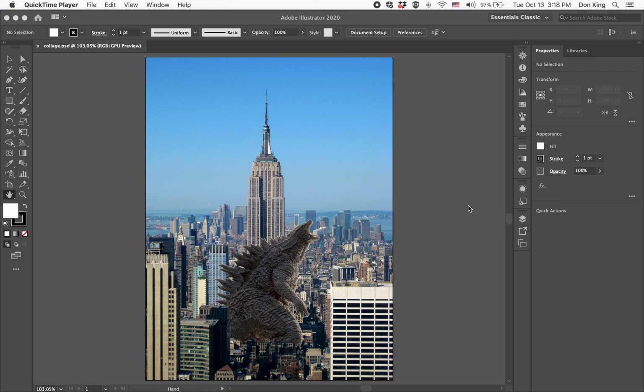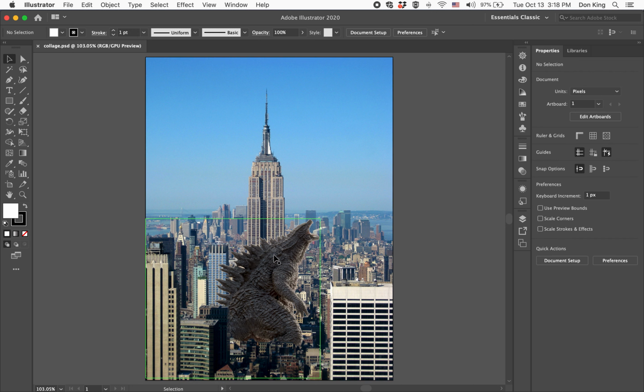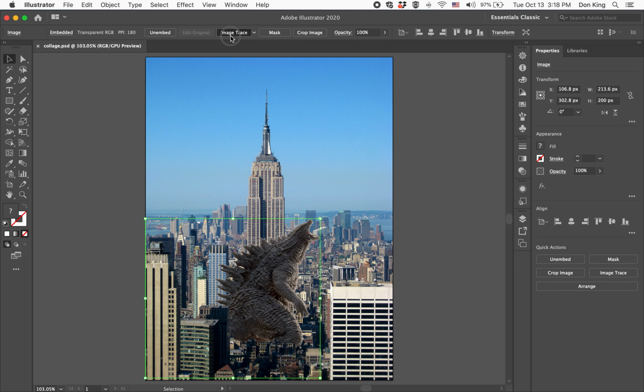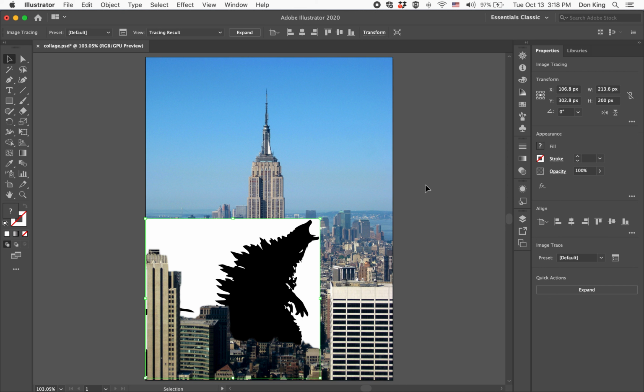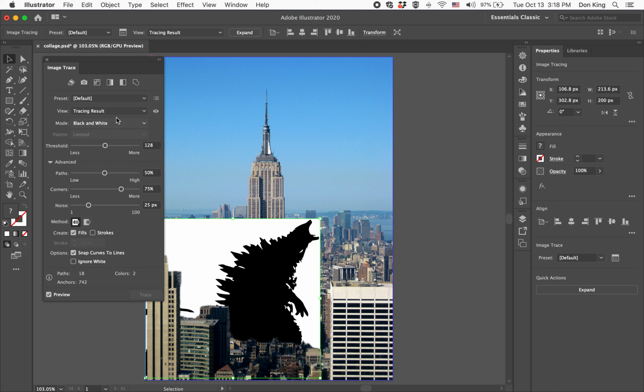This tutorial is going to explain how to apply different colors to things that you image trace in Illustrator. So by default, if I were to click on Godzilla here and image trace, it's going to turn black and white like we already know. If I come over here and come into my preset and choose one of these numbers of colors,